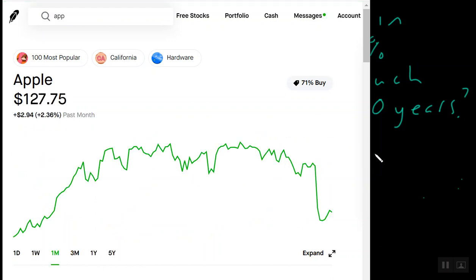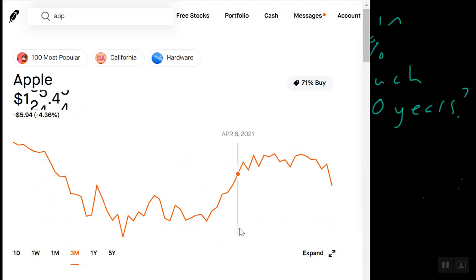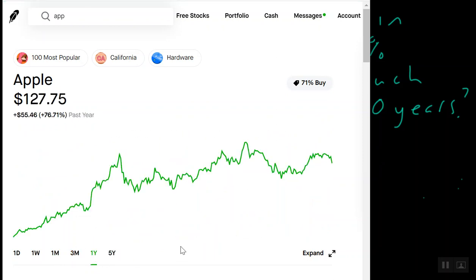We can see that over 1 month it gained 2.36%. Here's for 3 months, and here's for 1 year. Now, you want to ask yourself, what happened roughly a year ago? Well, guys, roughly a year ago, the stock market crashed due to the coronavirus. And so if you had invested your money 1 year ago, today, you would have made a